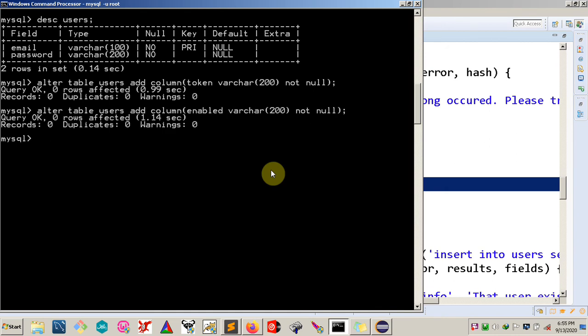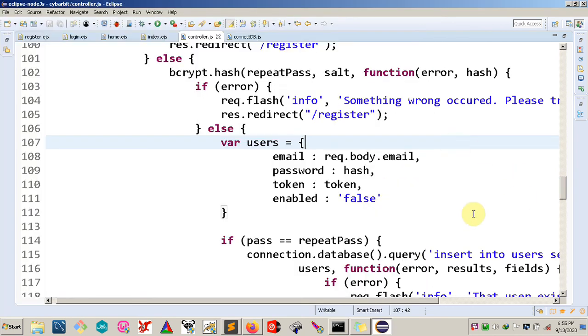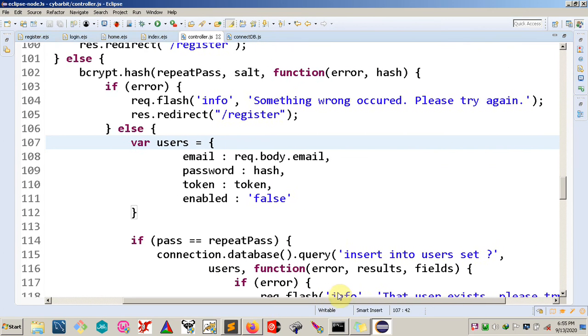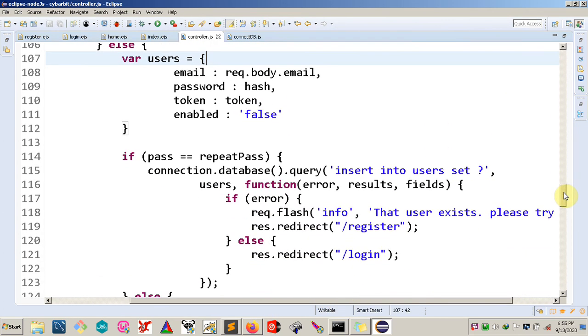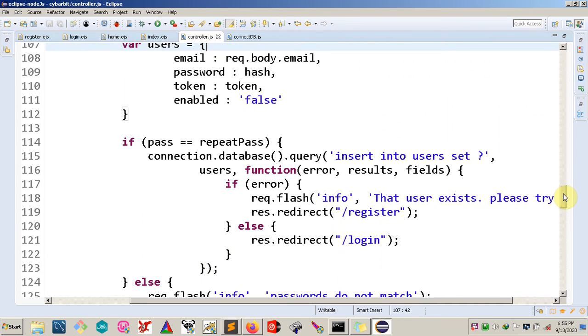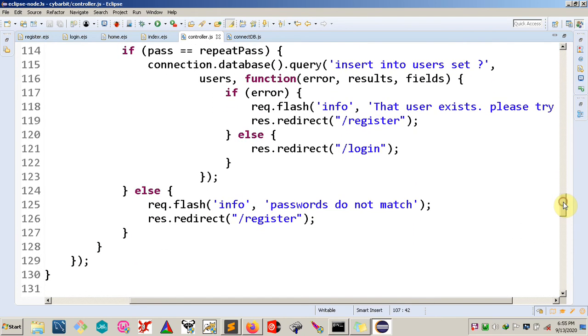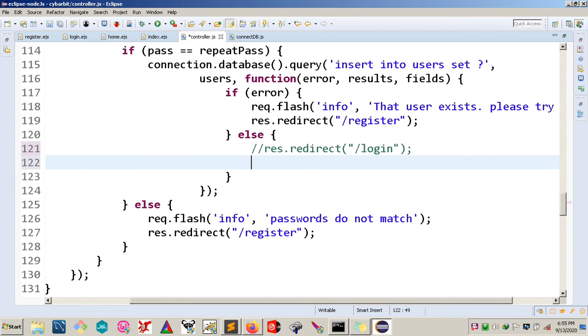Then press enter, and if I do desc users, it has actually added those two columns. Now once we are done with that, we need to change a couple of things. So here, insert into user set, I think everything here is just fine. So here where we are redirecting to the login page, you might actually want to comment on that and say something like